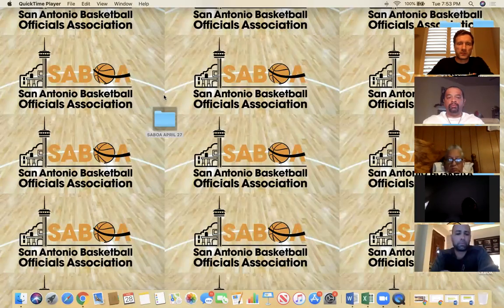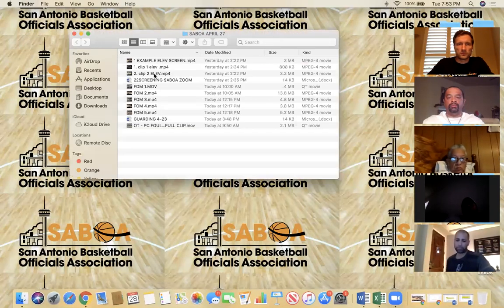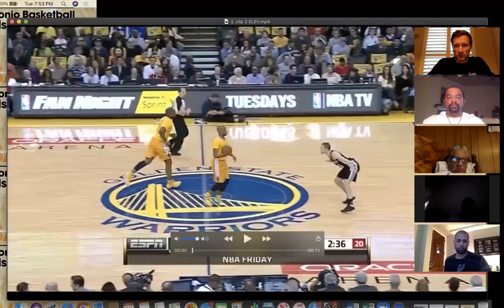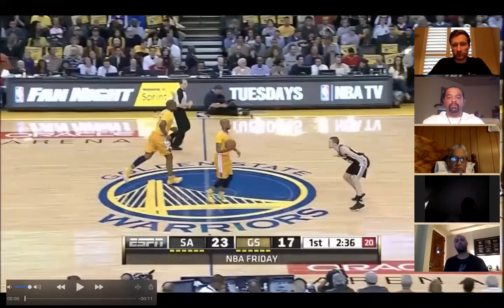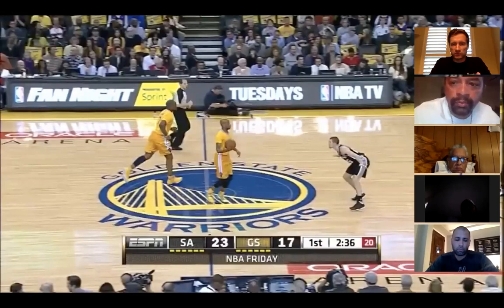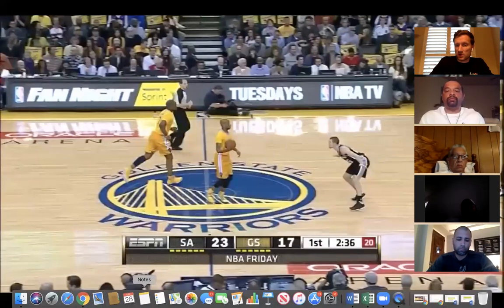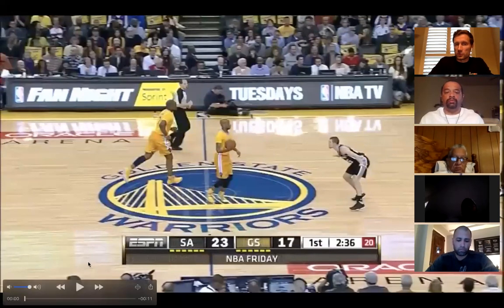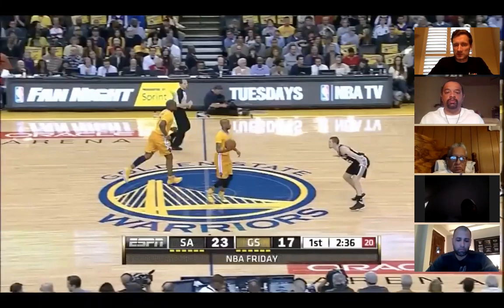All right, let's get into play 2. Okay, so this happens most of the time, not always, but it happens where we have now a shot and we have a push through the screen. I don't want to get too much into the play because that's what happens. It's pretty obvious that elevator screen comes. There's a lot of time and distance on this. What I do want to get into is how are we going to adjudicate this play in high school?